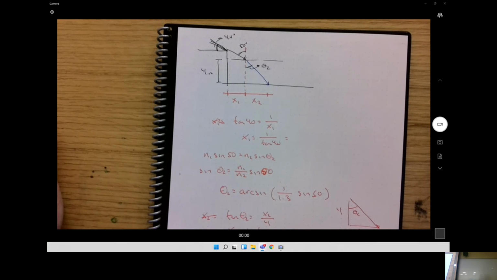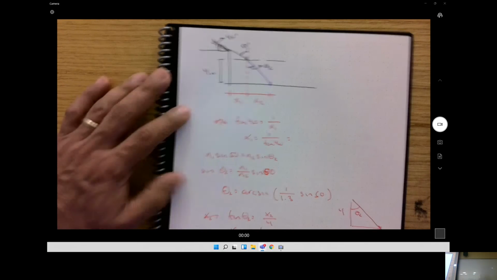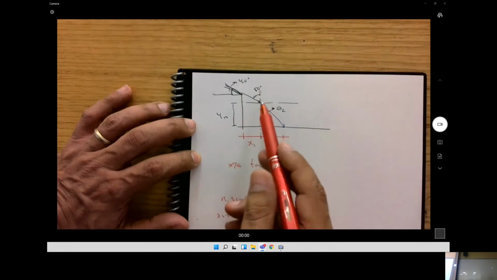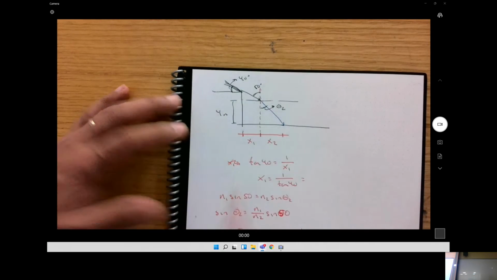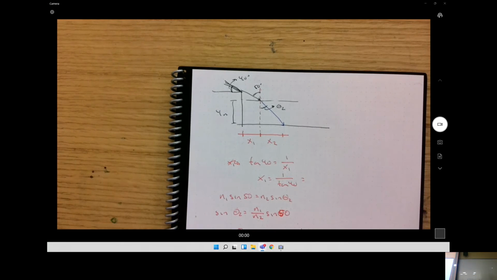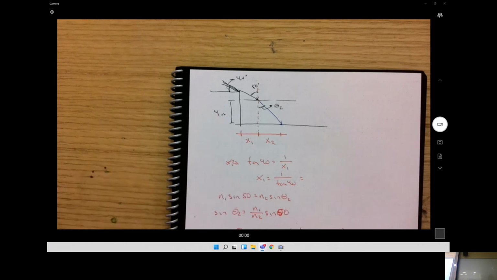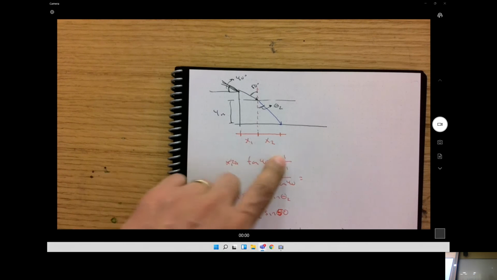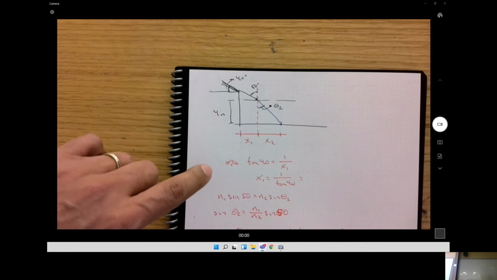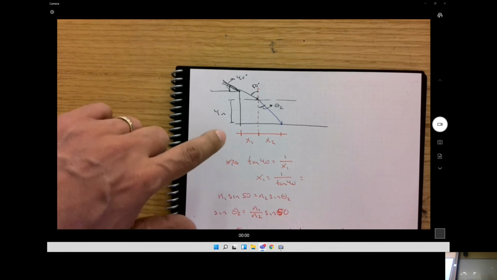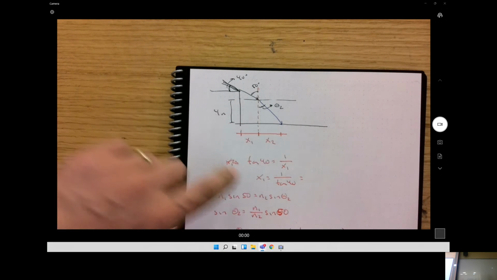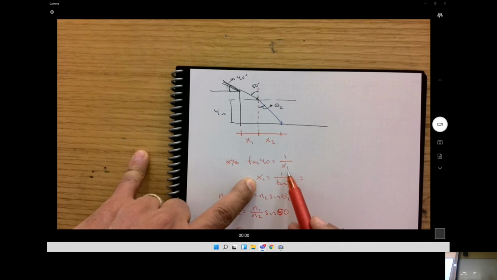Okay, so this is pretty much the same. It's just repeating a little bit of the steps that we did before. So we can divide this problem in two parts. One is when light travels in the air. The second one is when light is traveling inside the water. So we're going to have that the total distance is going to be x1 plus x2. To do x1, x1 will be 1 tangent of 40, and that's going to give me